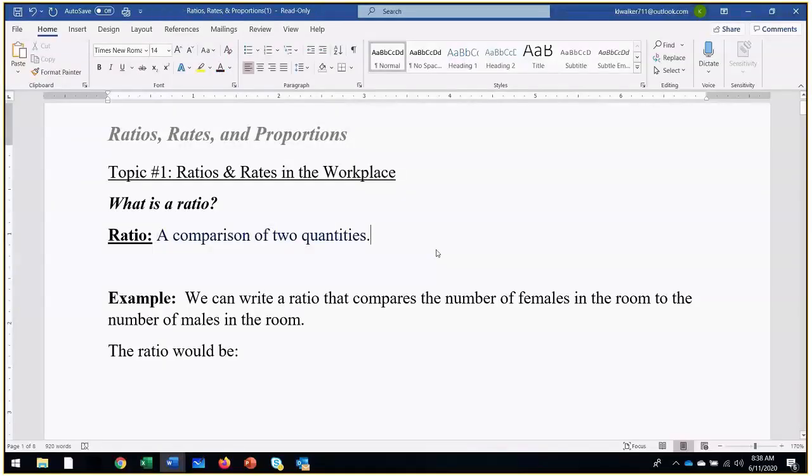So a ratio is a comparison of two, we'll call it quantities, because it can be anything. So you can compare, for example, the number of men in a class to the number of women in a class, or the number of teachers to students. And in some cases, like if you have kids, they have ratios for classrooms, and that way you can determine how many kids per teacher and see if they're getting enough one-on-one time with